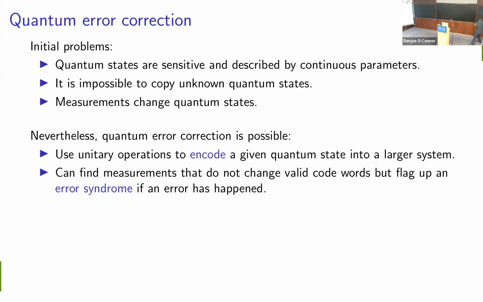So one example here is maybe a simple toy example that doesn't correct all the errors there could be. But what we can do is set up a setting where we encode our computational basis state ket0 into just 3 copies of ket0, and we encode ket1 into 3 copies of ket1. And so this doesn't break what I've just told you. This doesn't contradict the fact that we can't copy unknown quantum states, because what we're copying here is just the 2 known states.